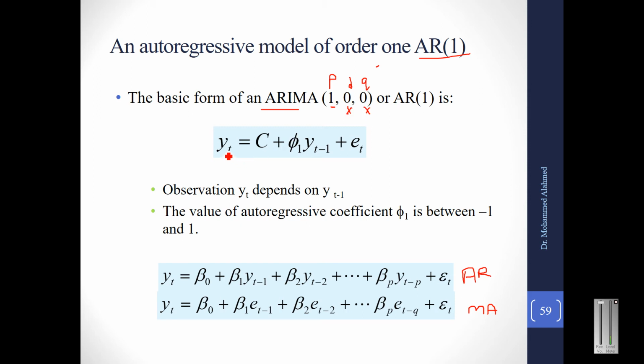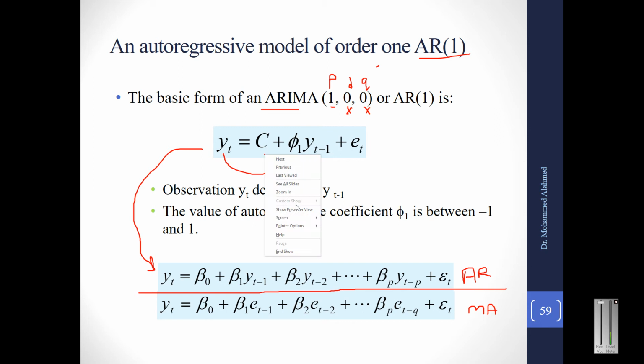So we define this as Yt = c + psi1 Yt-1 + et. If you see the previous formula that we saw in the previous slide, it was in this form. Yt, the above one is for AR and the below is for MA. Fine. As you know, the AR model sees the previous time lag series. So you can see that Yt and we have Yt-1, right? Obviously from the equation itself, you can see that this is an AR model, right? And we have a c here.